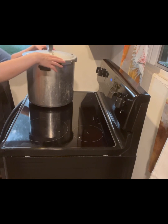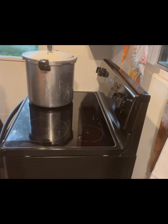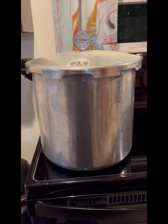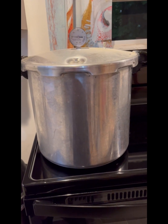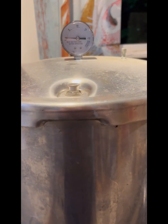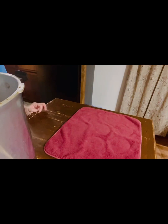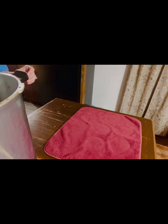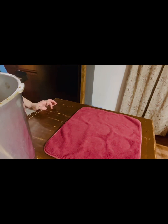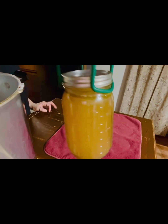And after your canner comes up to pressure, you're going to turn it down to, I would say, a medium. But if it's your first time using your canner, then I would definitely keep an eye on any pressure canner. Keep an eye on it to see how your stove works with your pressure canner. And it usually comes with an owner's manual as well. You can refer to that. And after your 25 minutes is up, after processing for 25 minutes,